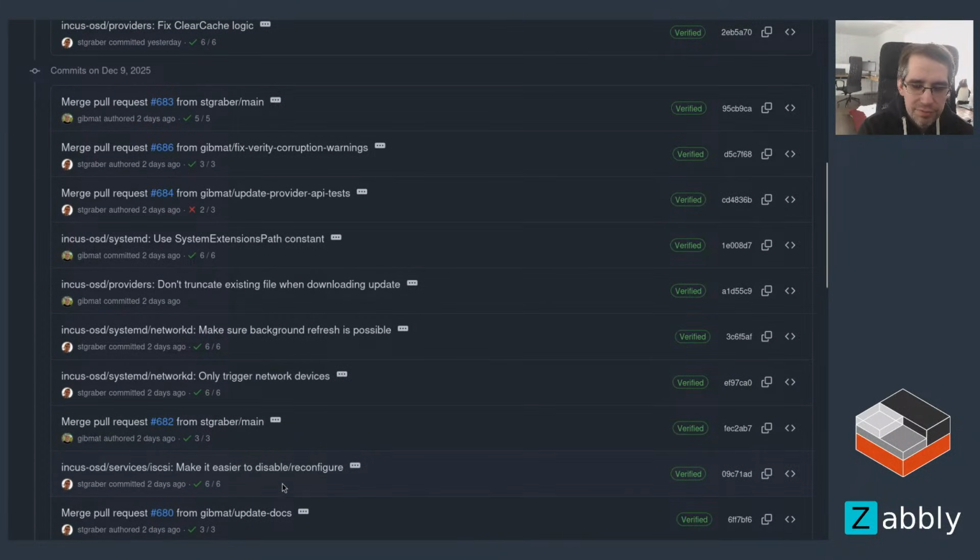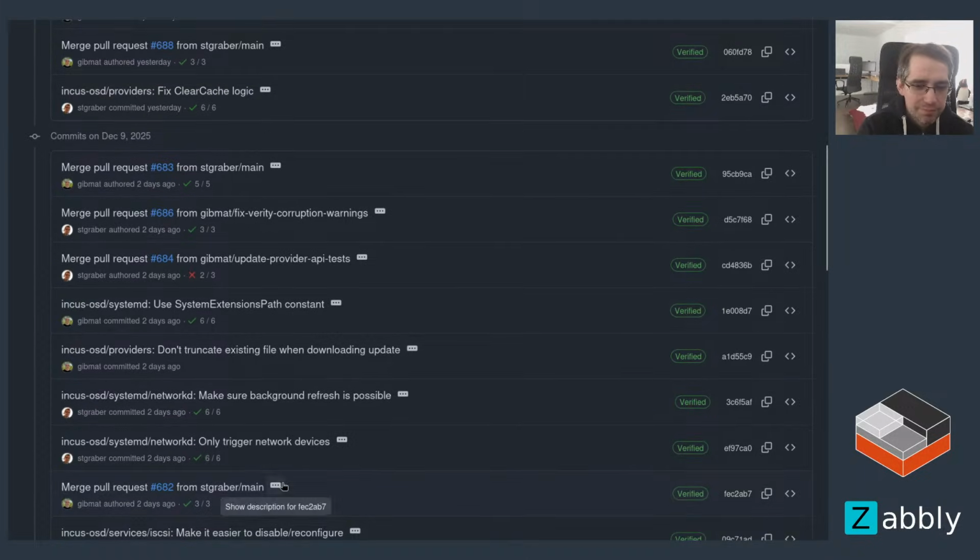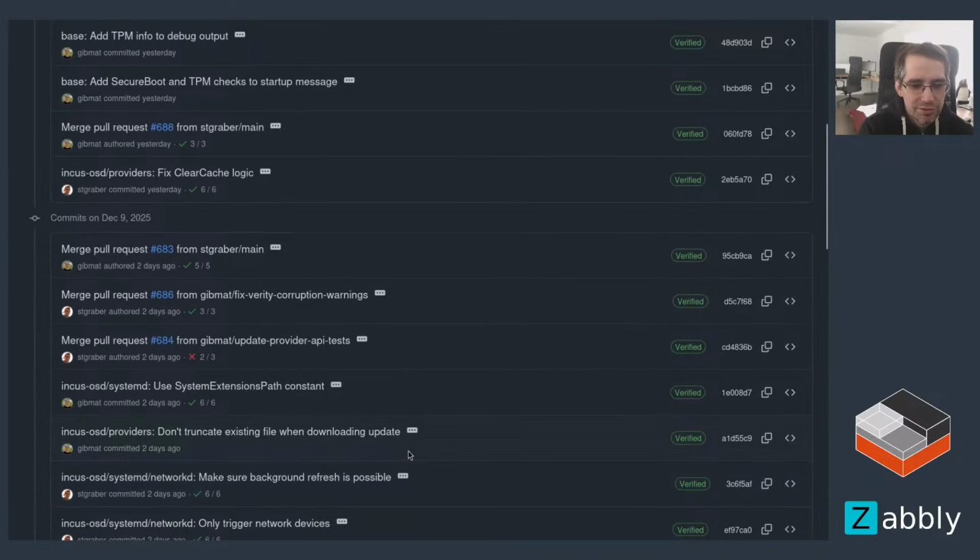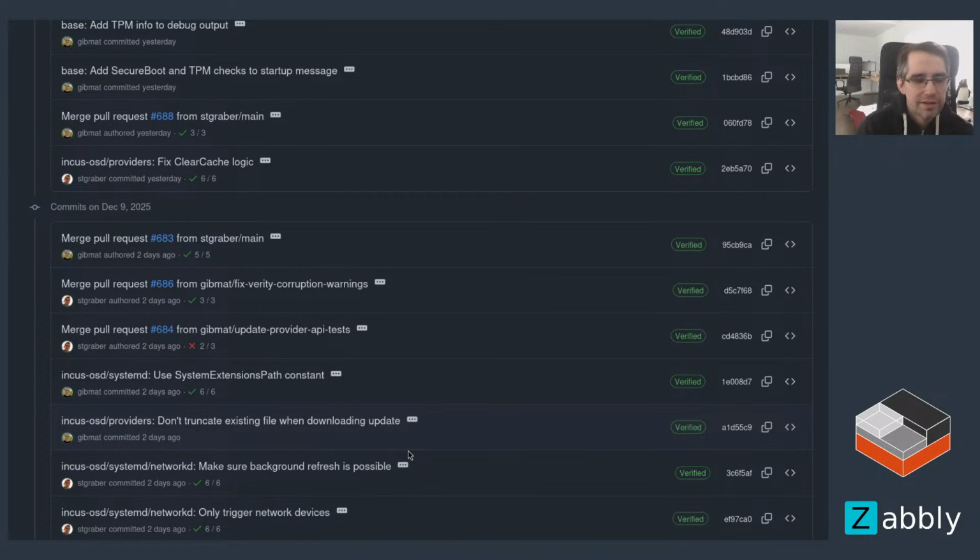iSCSI, there was an issue where if you put the wrong config, you couldn't really disable it and fix it and turn it back on, so I fixed that. We had some other issues with network devices on environments with network storage, where modifying some of the network config would trigger a rescan of the storage devices, which would then hang because the network is being reconfigured. So fix that so that the network logic only ever reloads the network devices and never anything else on the